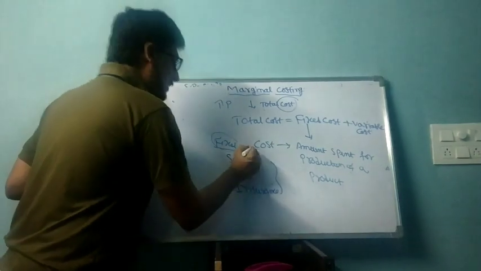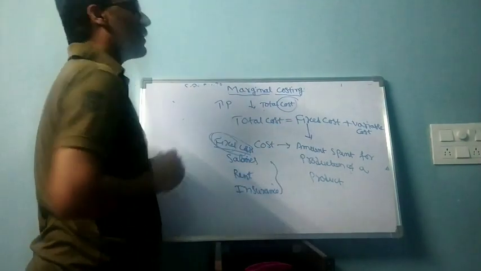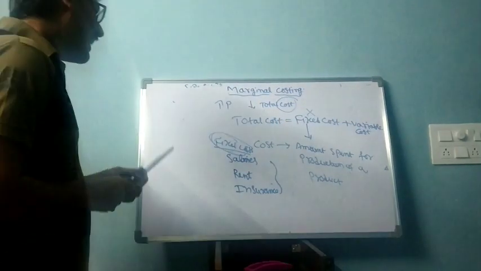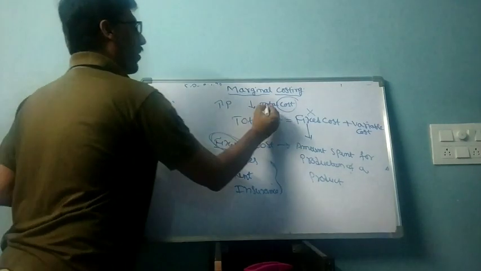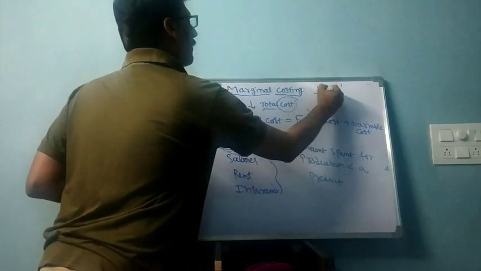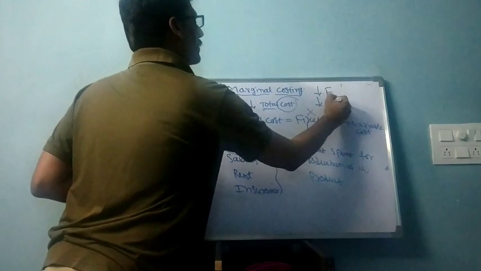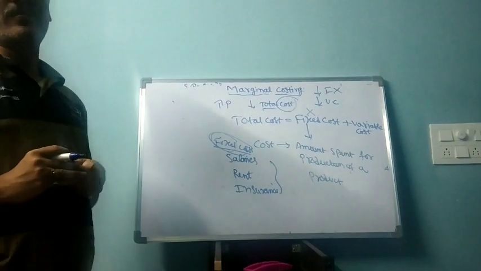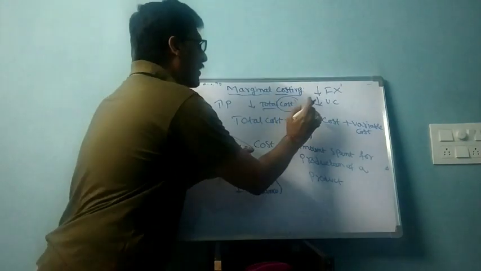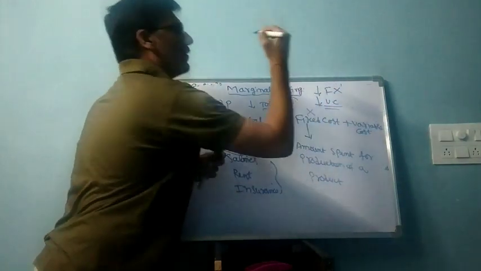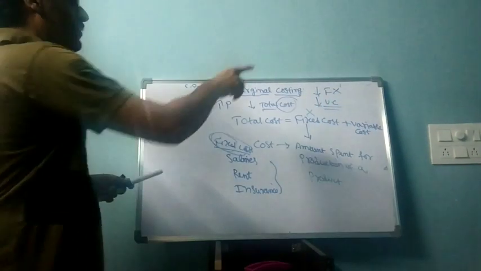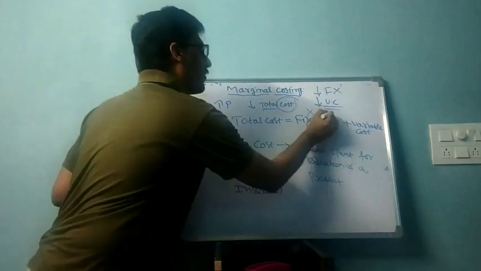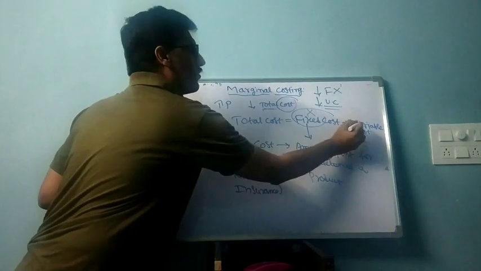Now, we cannot change the fixed cost. So how can we reduce the total cost? This is not possible, this cost remains constant. Now our target is what here? You should reduce the total cost. Reducing the total cost means you should reduce the fixed cost or the variable cost. The fixed cost is not possible to reduce because it always remains constant in amount. So if you want to reduce the total cost, only the variable cost should be reduced. If you reduce the variable cost, the total cost will change.